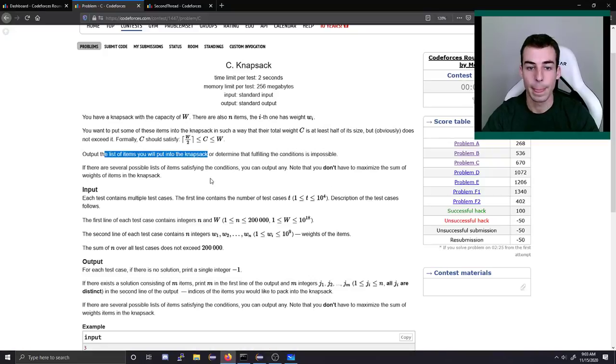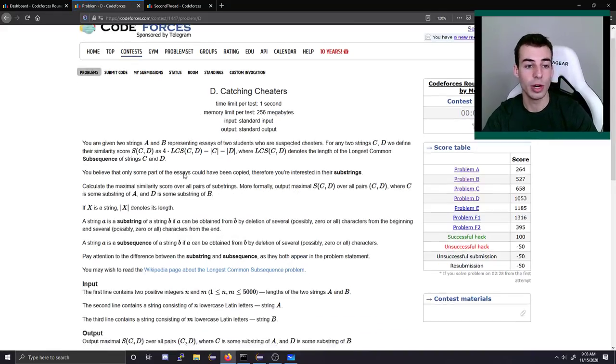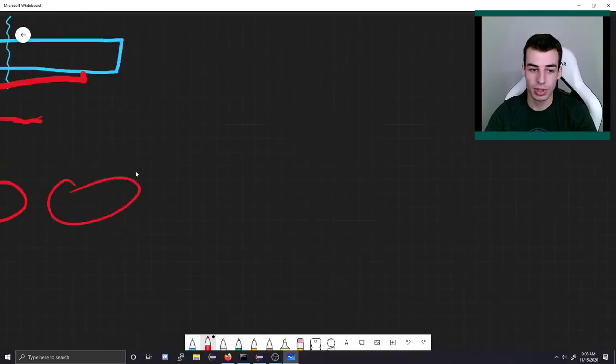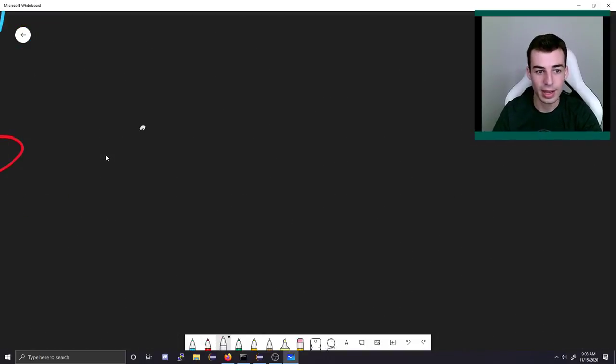So that's problem A, or C, I guess. Problem D, or B for div1, is a super boring problem. If you know longest common subsequence, it's basically the same thing, except they have a slight modification. The amount you're trying to target is 4 times the longest common subsequence, minus the length of the 2 strings. If we just think about this for a minute, it literally only takes 1 minute, we've got some